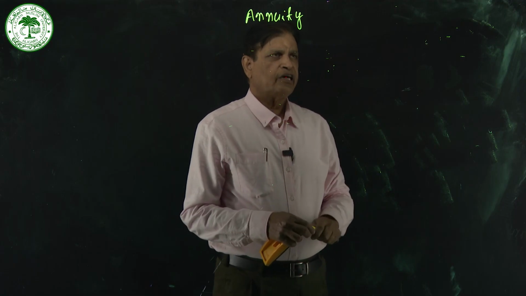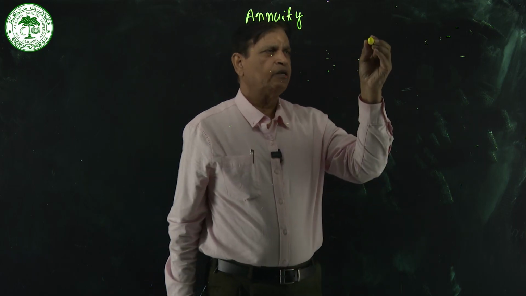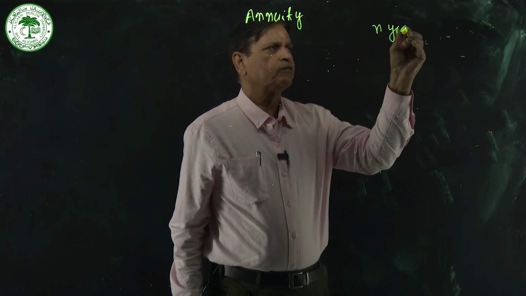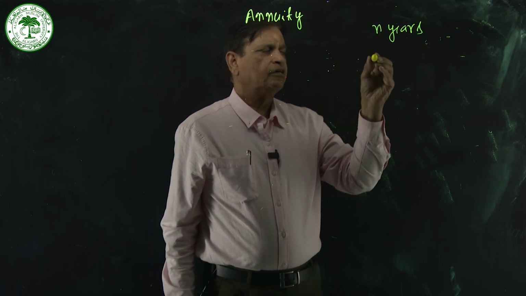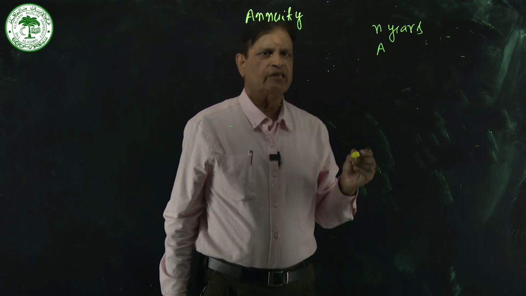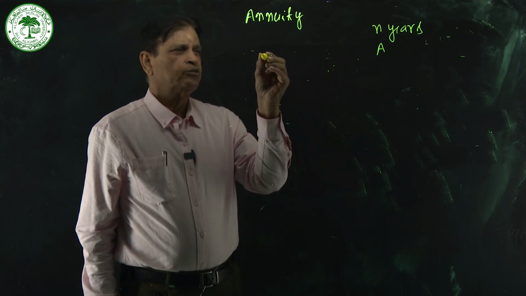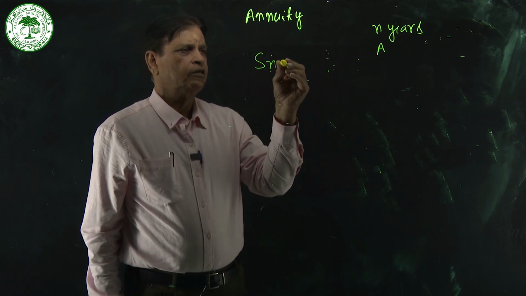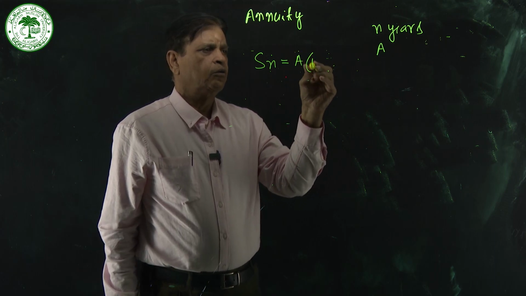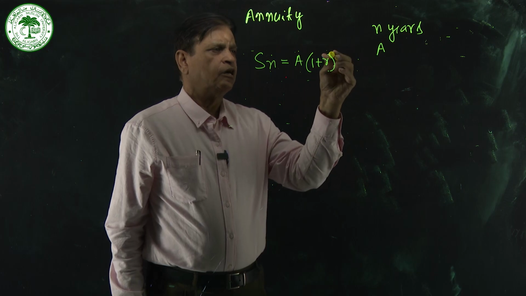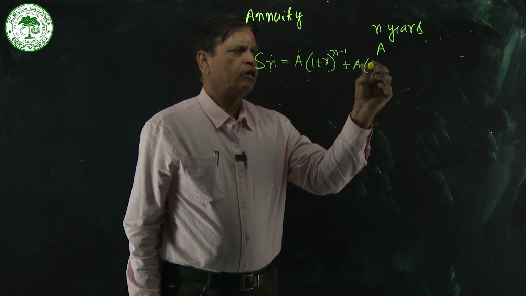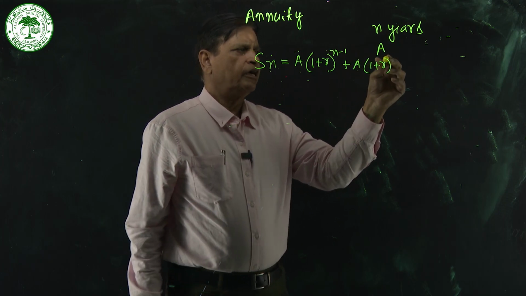So let me write everything afresh here. The annuity is going to run for n years, and the amount that we are depositing every year is A. So what will be the sum of the annuity? We write Sn, this will be equal to A(1 + R), where R is the rate of interest that we have told you, plus A(1 + R)^(n-2)